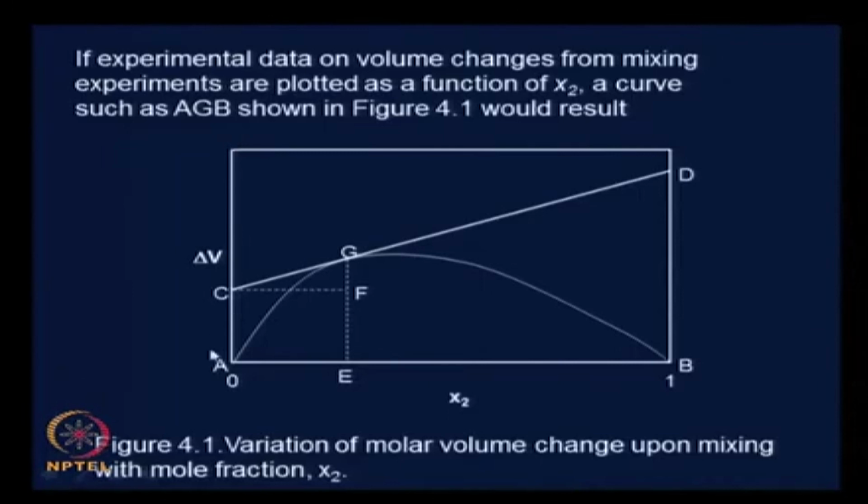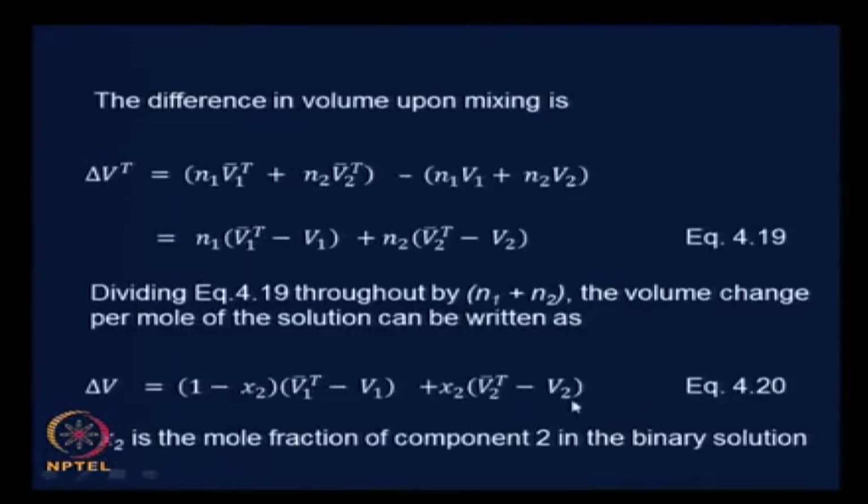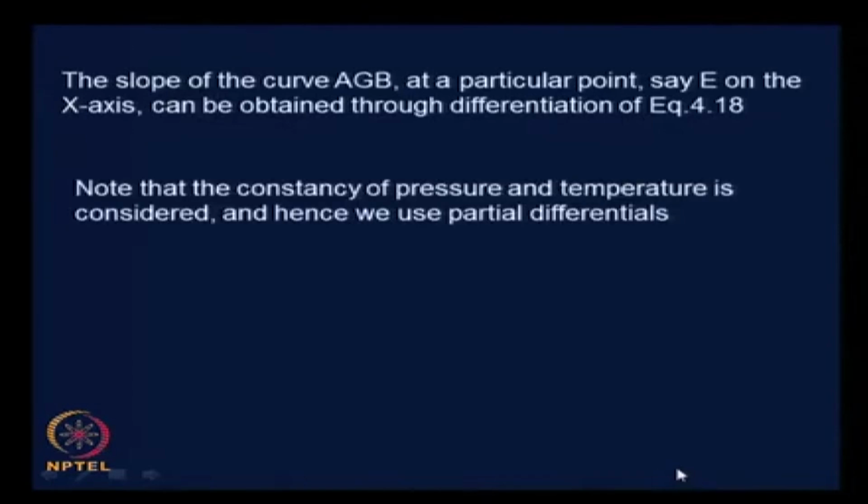You have a curve, you have delta V as a function of x2, which you got from here itself. You can start with equation 4.20 itself, and if you differentiate that, assuming constancy of pressure and temperature,